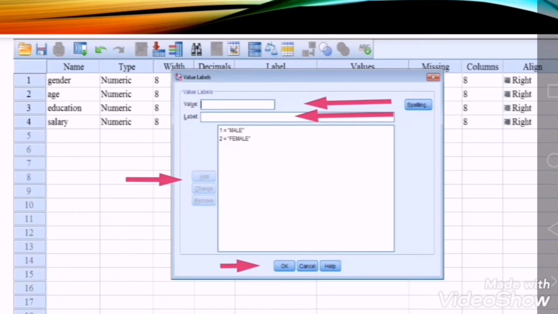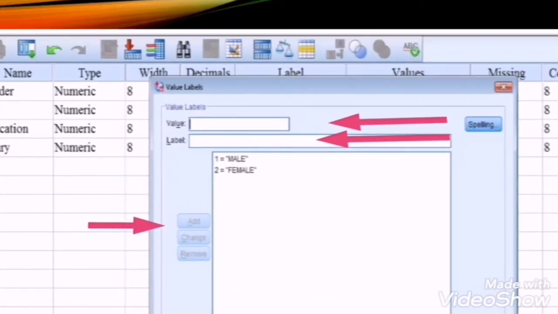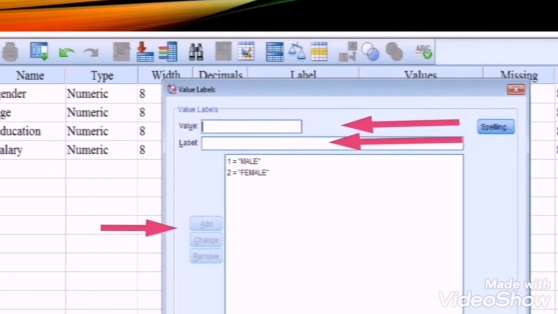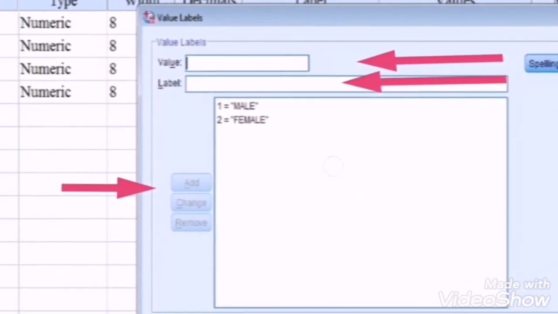This screenshot shows the labels in which we will have to type the entries, and the buttons that we will have to click for adding the labels and values, and these are shown by the arrows. This is the values button, this is the value label. Here we have to type 1, and in the label we will have to type male.